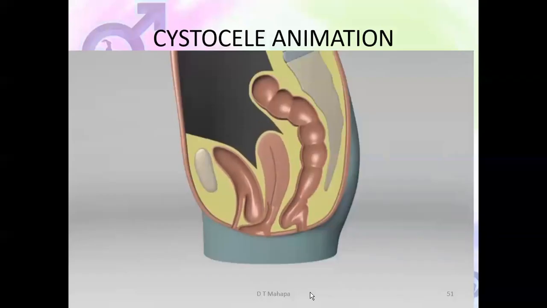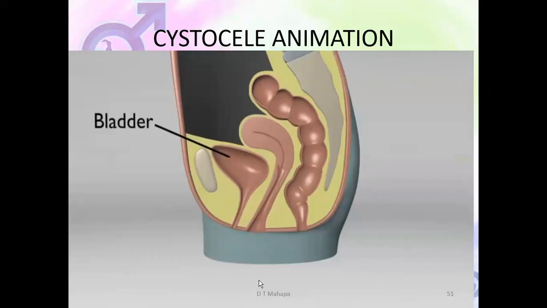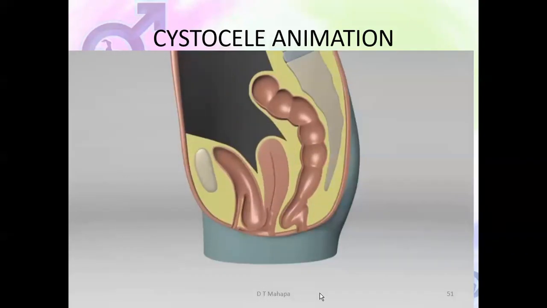This is the bladder. This is grade 1, first degree prolapse. It will still be within the vaginal opening, but it doesn't go up to the opening. Second degree, it goes up to the opening. Third degree, beyond. And if the whole thing is outside, it is the worst form of prolapse, because normally the bladder should be just below the uterus. If the bladder descends downwards, and you can even feel it like a ball, a woman puts a finger in, feels it like a ball, then that is a cystocele.